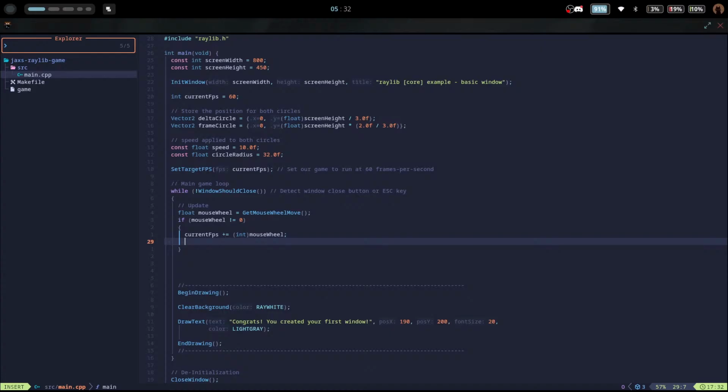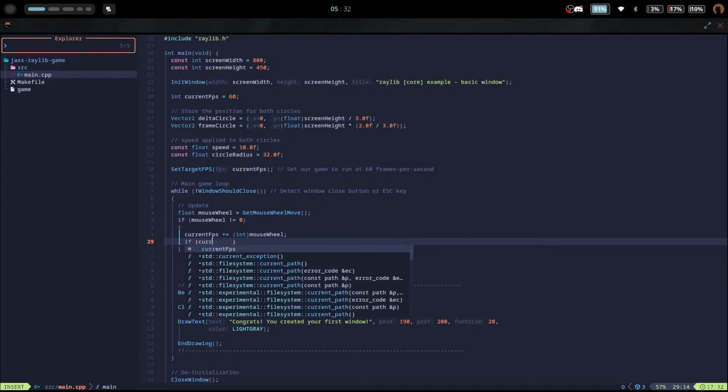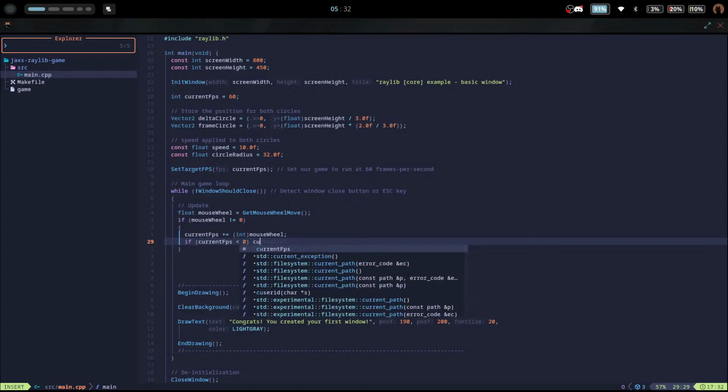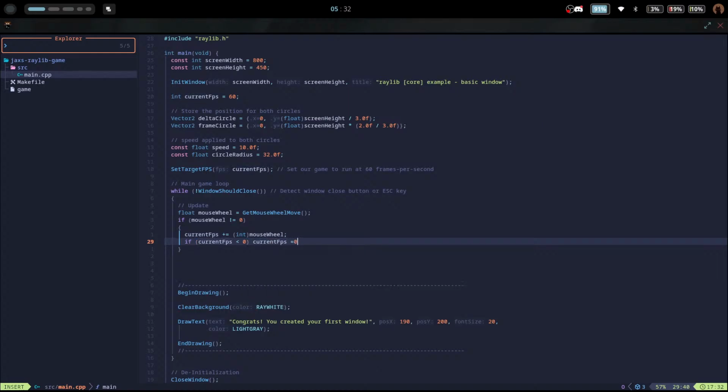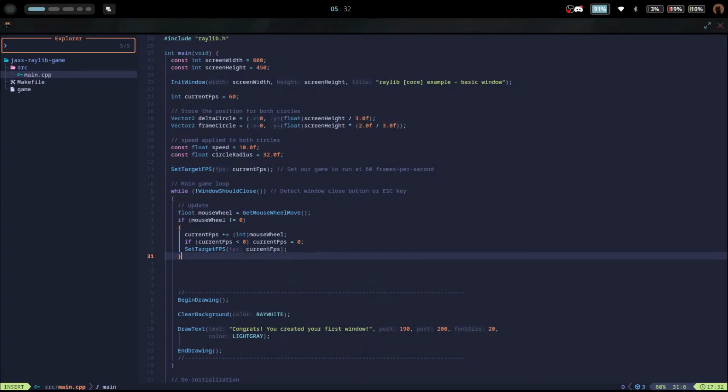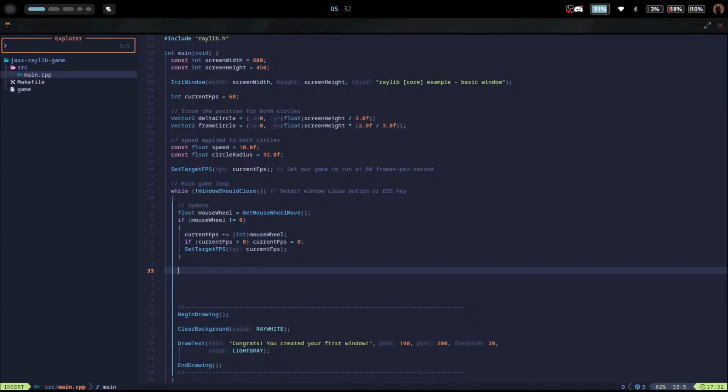That's interesting. If current FPS less than 0, then we set it to 0, which, why would it be 0? Set target FPS to current FPS. That's just weird. Okay, get frame time returns the time it took to draw the last frame in seconds, usually called delta time, yeah, uses